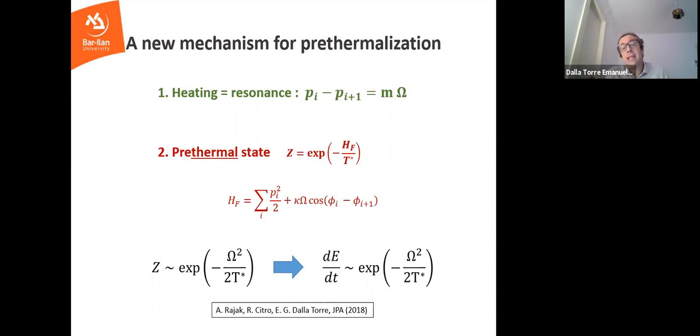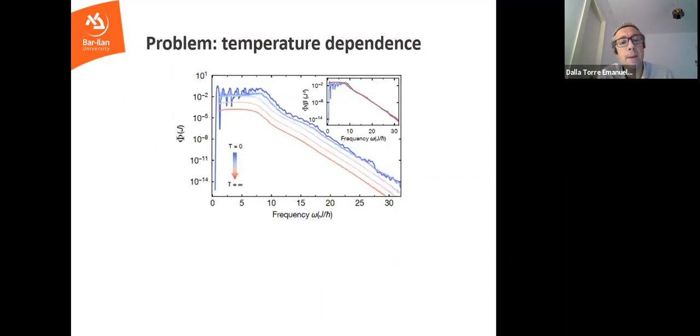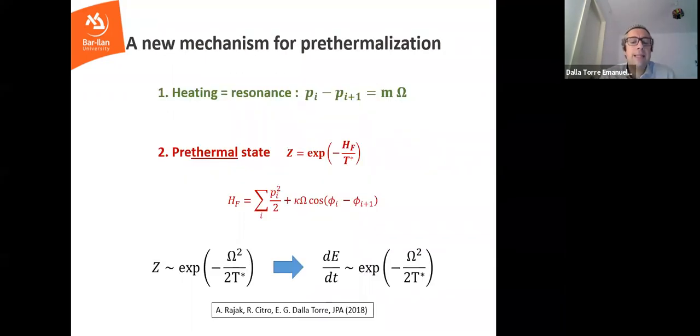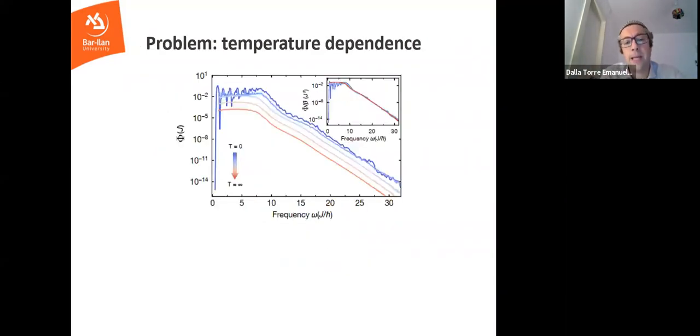So then eventually it's really a question of the initial conditions. If you start in an initial condition where the temperature is small, you will stay there for a very long time. Again, there is a finite probability of absorbing some energy, so eventually you will escape this regime. Okay, so it's a nice mechanism. It's quite generic. The problem is that it doesn't seem to work with the experiment.